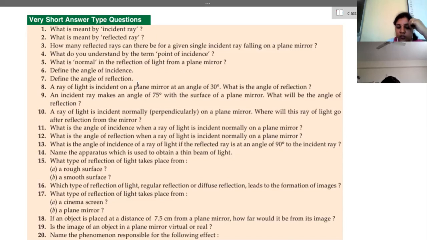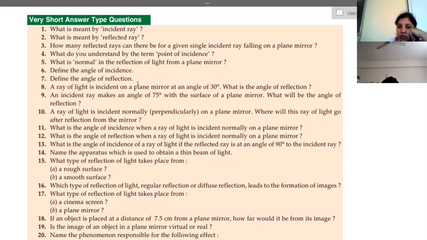Then kaleidoscope formation. Then refraction. We have seen refraction through lenses, refraction through glass slab, refraction through prism also you have seen, and dispersion you have seen. Okay, dispersion, the light ray passing through refraction through prism. White light is split into 7 colors, which is called dispersion of light.